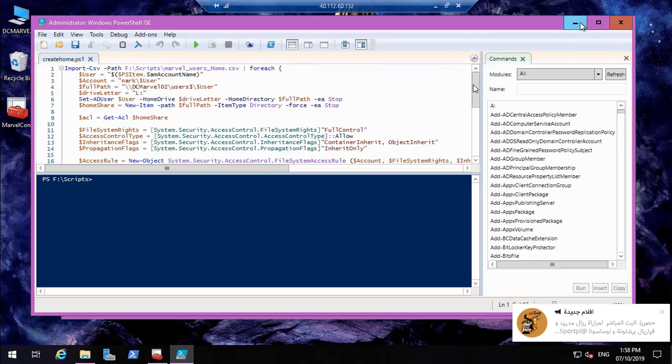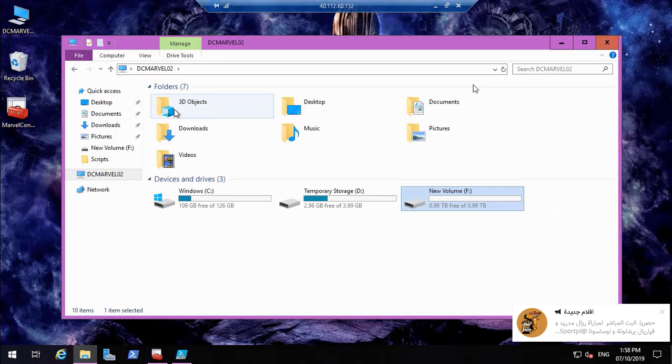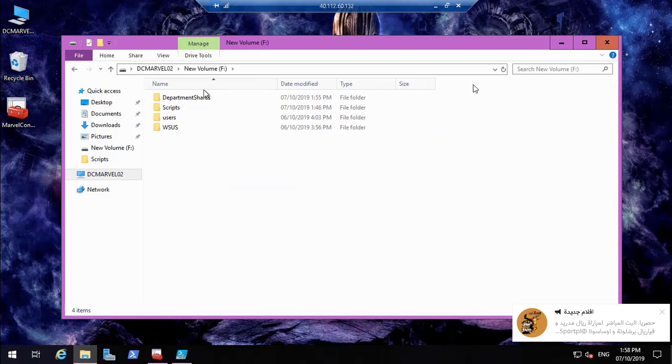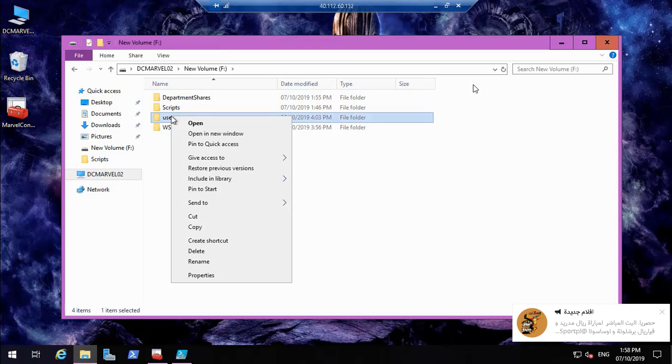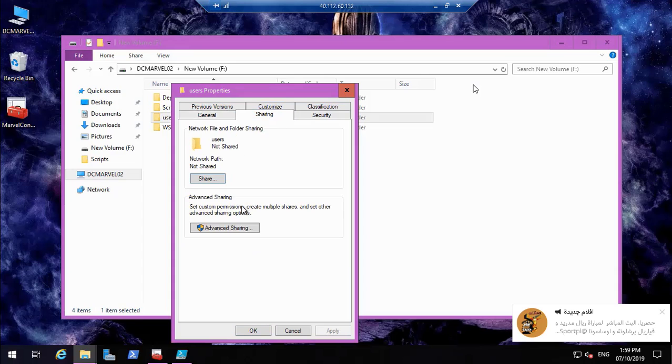All of this I have showed you all in the diagram. So we will begin. First of all, we need to go to the F folder. Here you can see that we should share this folder before using the script. We should share this folder, okay,